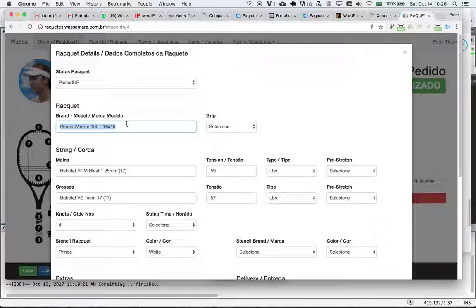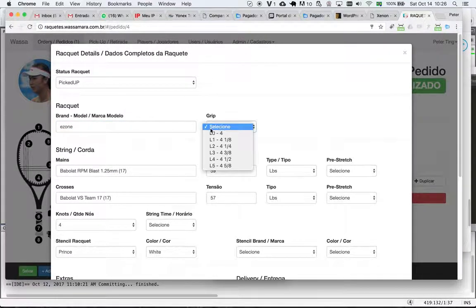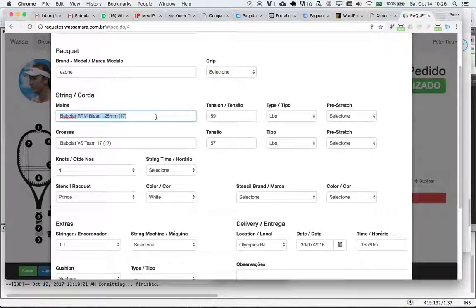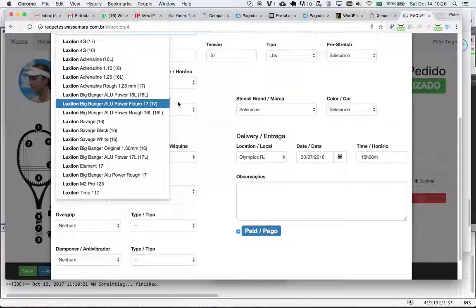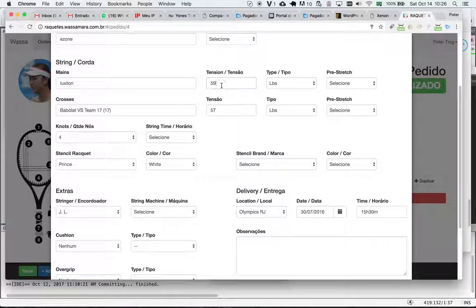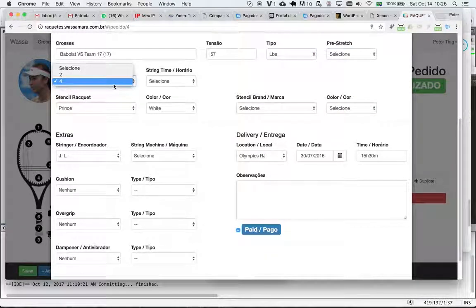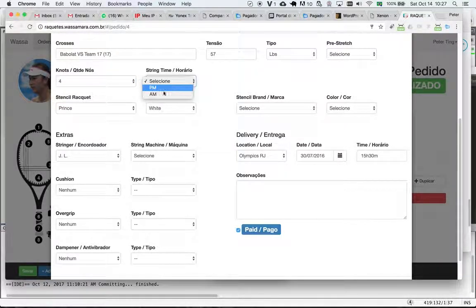Here you can type the brands. So for example, let's say it's the E-Zone DR. As you type, it filters the racket brands. The grip size, if you're going to put the strings, you can type Luxilon, and then we have all sorts of Luxilons pre-registered already. You can type in the tension, and if it's either in pounds or in kilos, if there's any pre-stretch to be done, amount of knots, if the player wants it to be strung in the morning or in the evening,